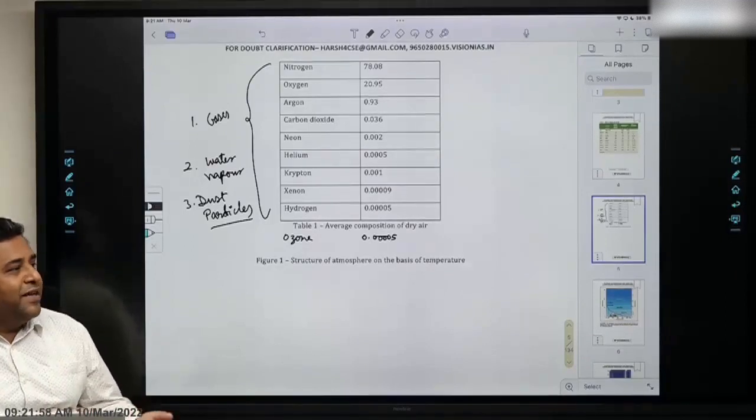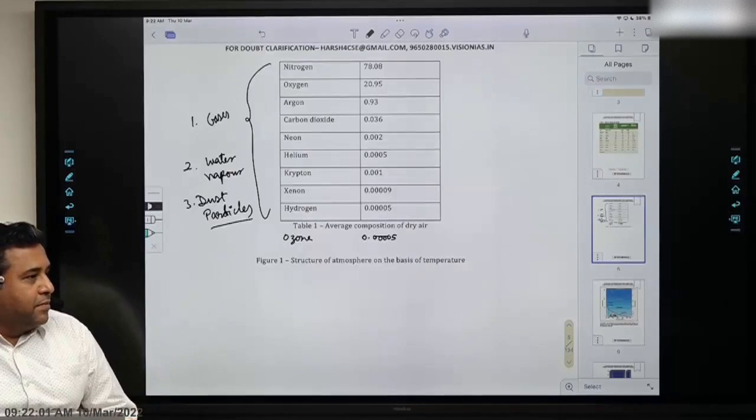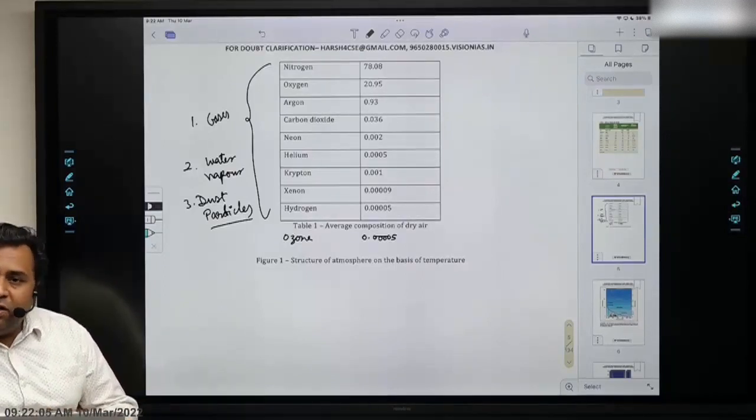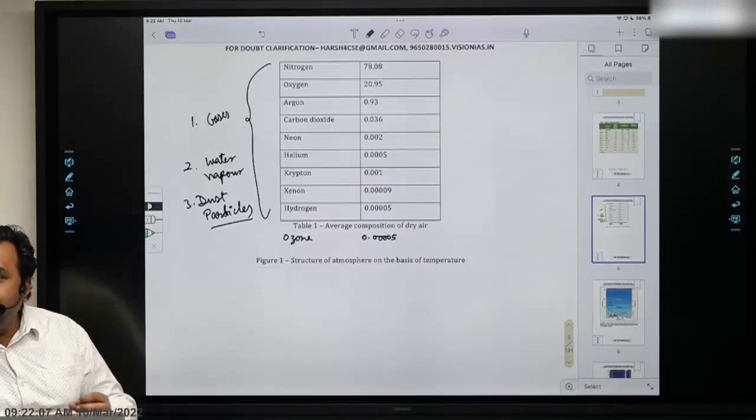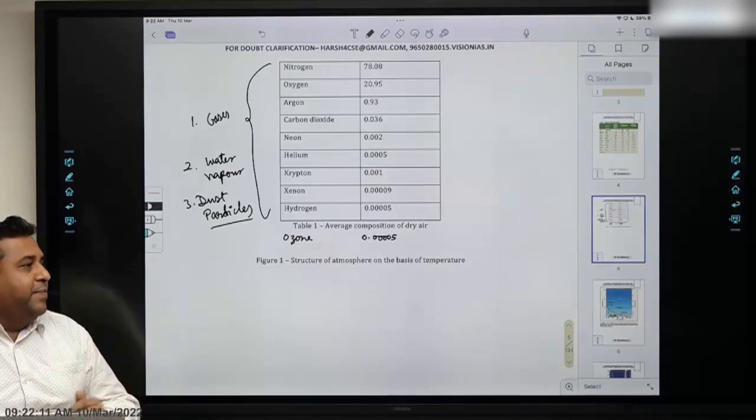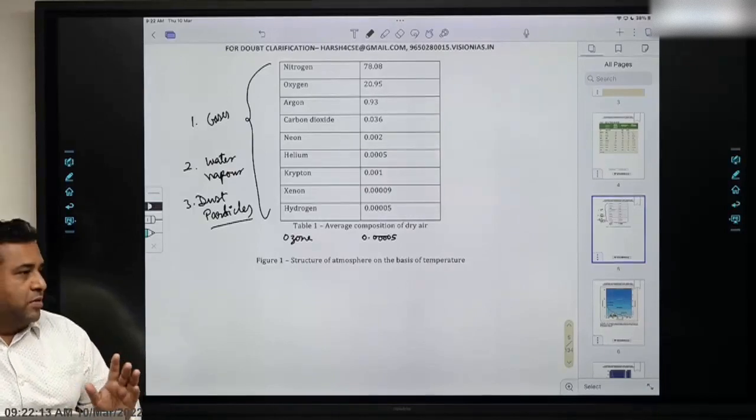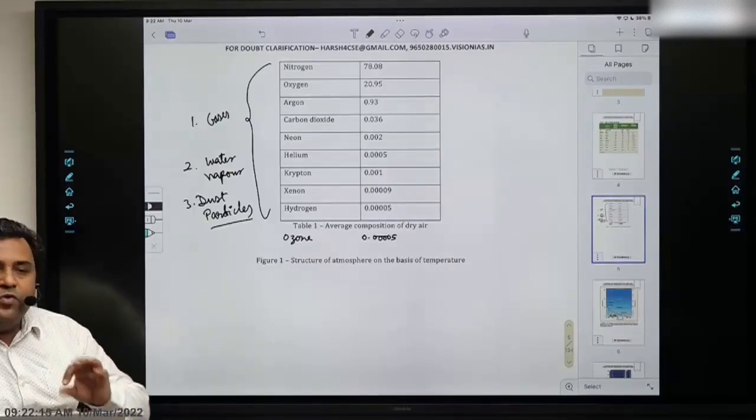मान लो प्यास लगी है, पानी है ही नहीं. ठीक है, so tropical region is like that. It is hot, but there is less chance of rising air. Why? Because there is a high pressure there. Why is the high pressure? We'll talk. ठीक है, but so what do we write?